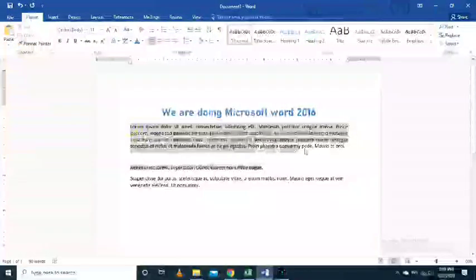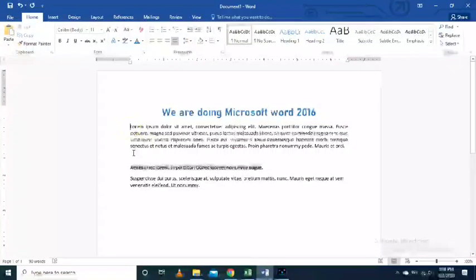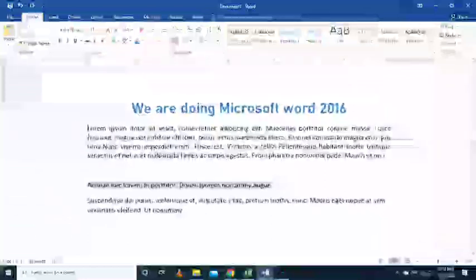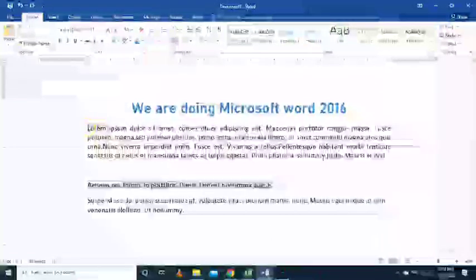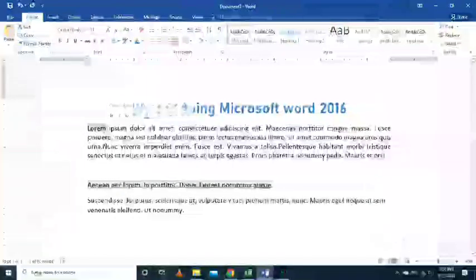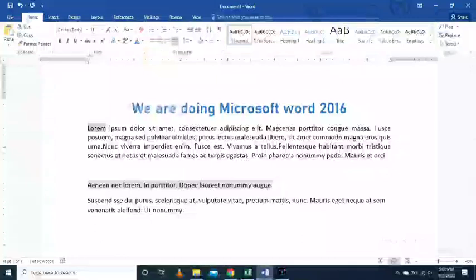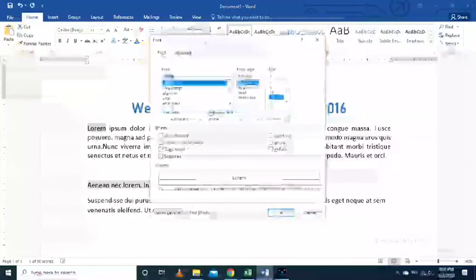Character spacing. Line spacing is that one, but what does character spacing basically mean? In this word there are some characters, like LOREM. If you want to give a space between these letters or characters, you have to click on the font tab, then go to the advanced option.